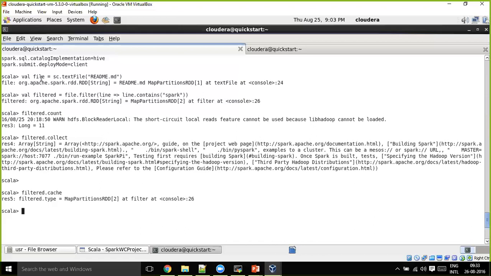Data into file gets loaded, then filtered gets loaded, and from filtered it prepares the count. Now, during this fraction of a second, or maybe multiple seconds, will this file be available in RAM or not? That is his question.